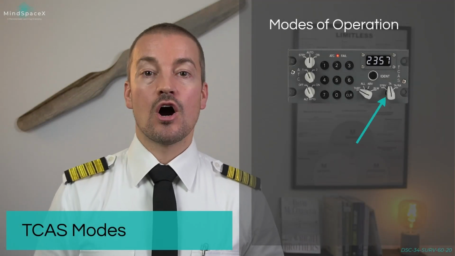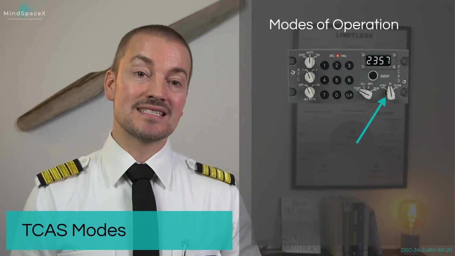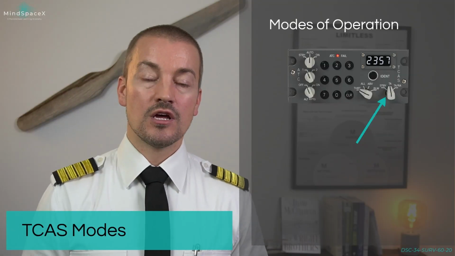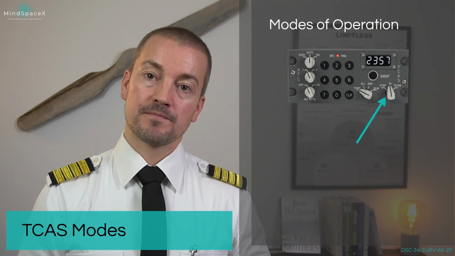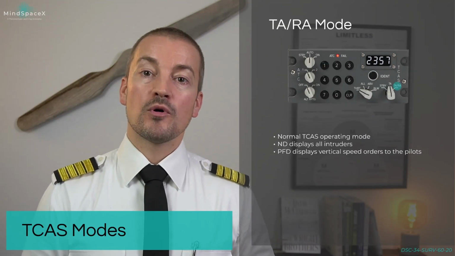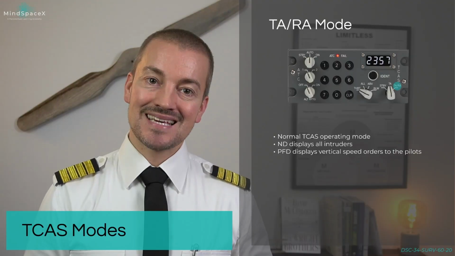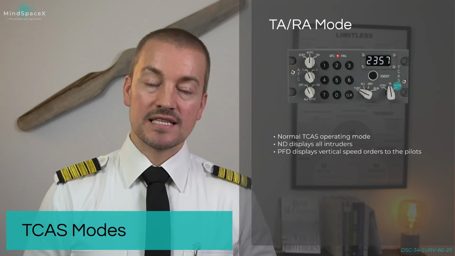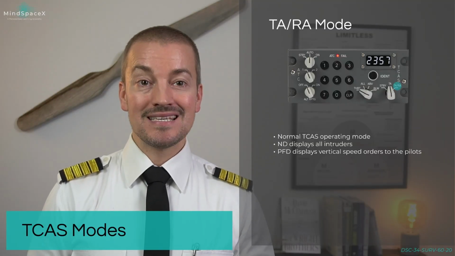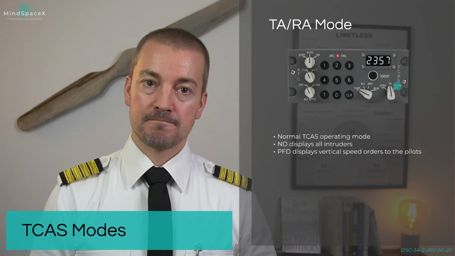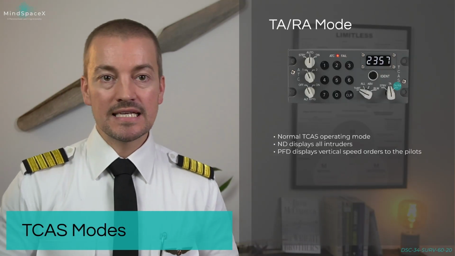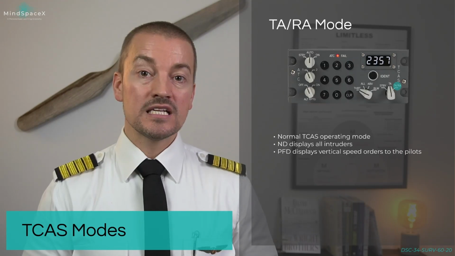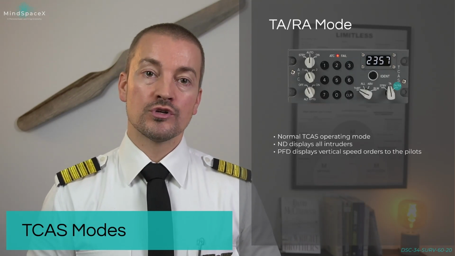The TCAS operates from the ATC TCAS control panel, which is found on the center pedestal, using two selector knobs. The first knob over here is the TCAS mode selector. It has three options: TA/RA mode, TA only mode, and standby. When set to TA/RA, which is the normal TCAS operating mode, the ND will display all intruders within the